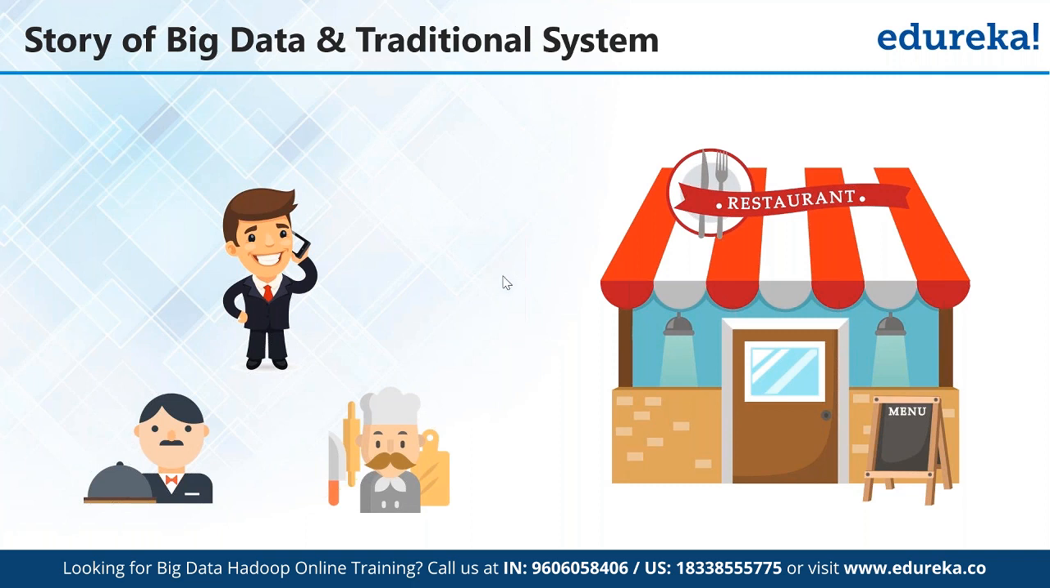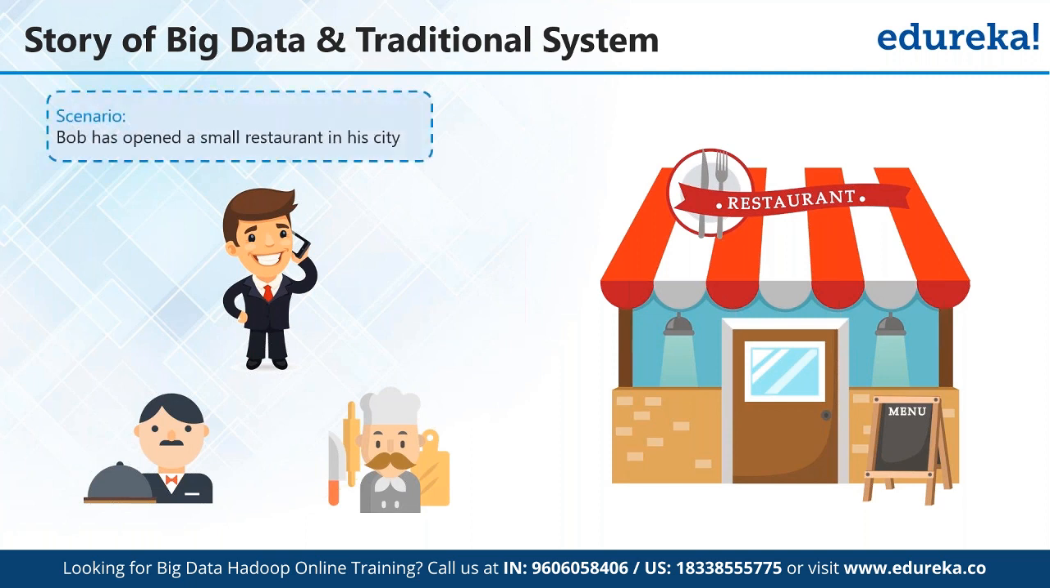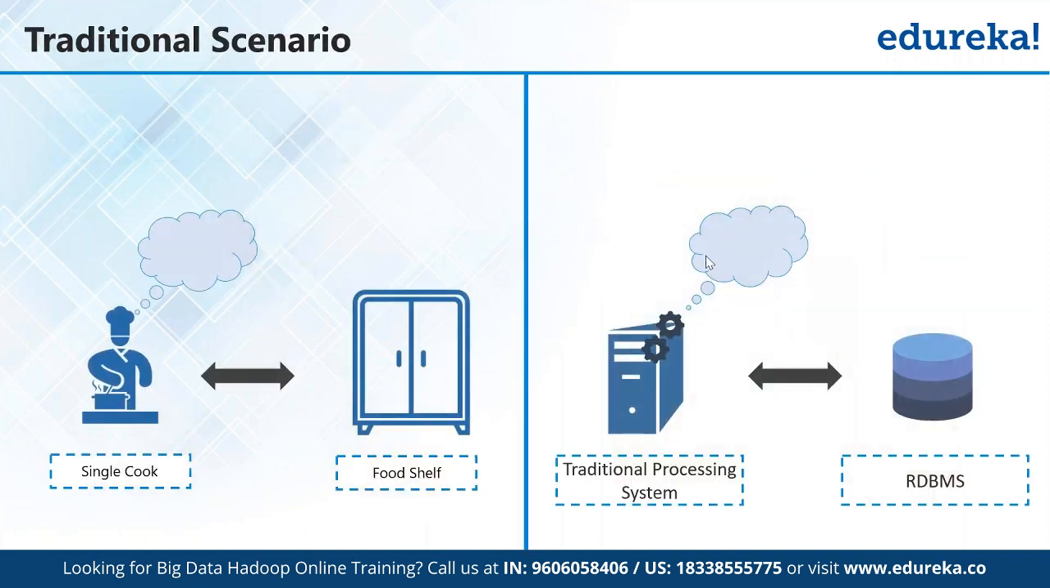So let's discuss this restaurant example. You have a restaurant, a manager, a waiter, and a cook. Now let's discuss how big data processing cannot be done using a traditional system. Bob has opened a small restaurant in the city, and this is how it would typically happen in a traditional scenario. You have a food shelf, and the cook would take in